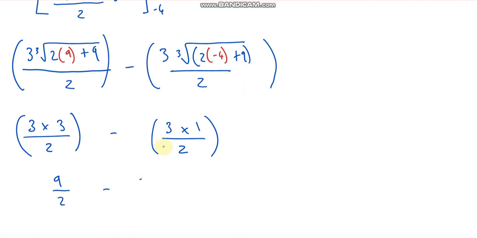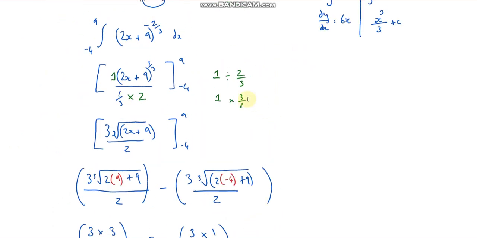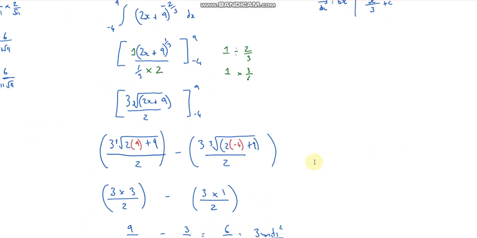Take away 3/2. So that's going to give me 6/2, which is the same as 3. And I'll just put it as an area. So it's 3 units squared. So, I mean, not a terrible question, but I think it's very easy to make an arithmetic mistake if you're